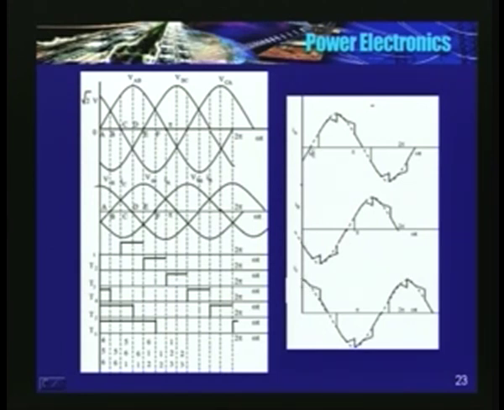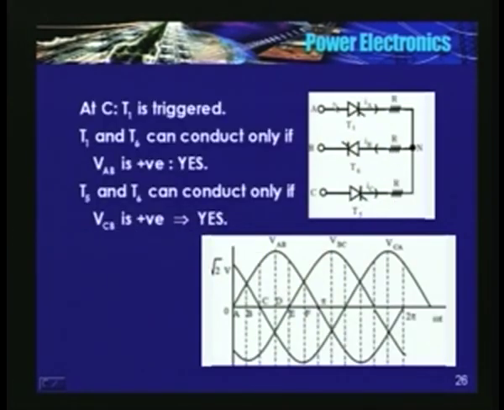Now from pi by 6 to pi by 3, IA is 0, and at that time IC is equal to minus of IB. Okay, this is the current. At omega t is equal to pi by 3, T1 is triggered. Now what happens? Now the circuit diagram is something like this. T1 is triggered. Now current can flow from T1 to T6